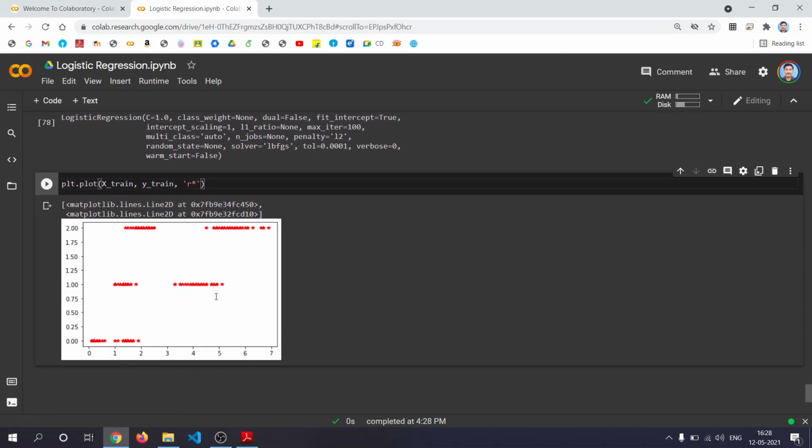So this is the entry. Some of the values are having the value 0, some other sepal length and petal width is having value 1, some other having 2. So this is how the data is split, right?